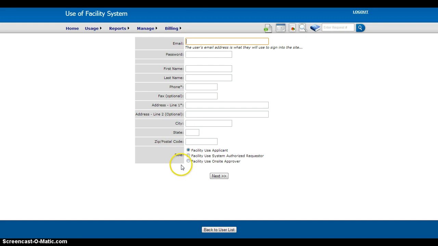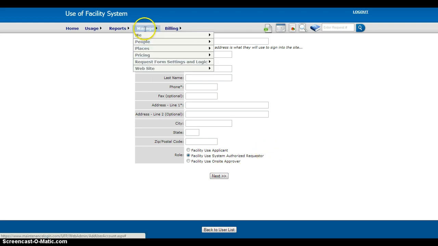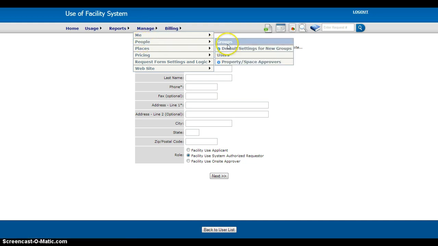Since we are a system administrator, we assign roles, and so this person, we will assign them as a facilities use system authorized requester. Once that's filled out, we hit Next, and we have added a new user to the system. To add a group, it's very similar: Manage, People, Groups,